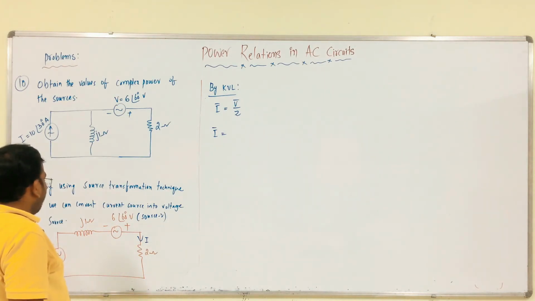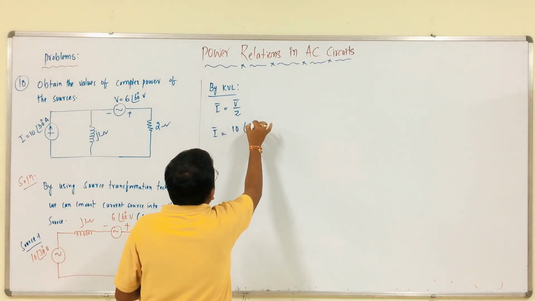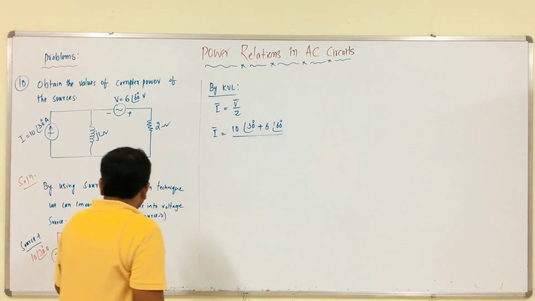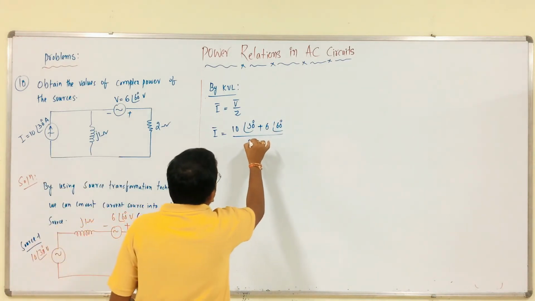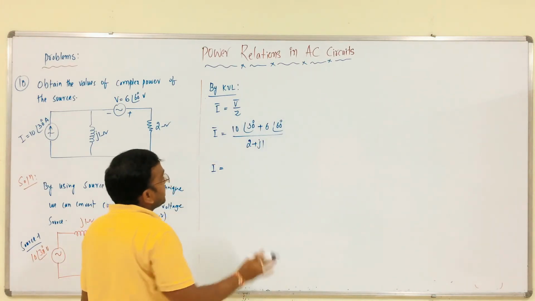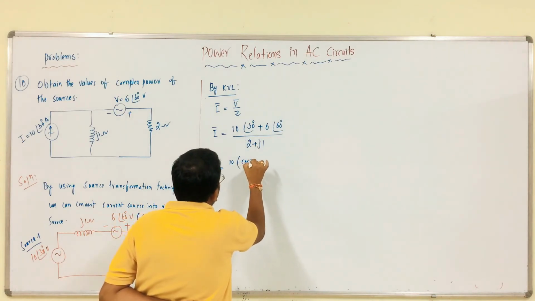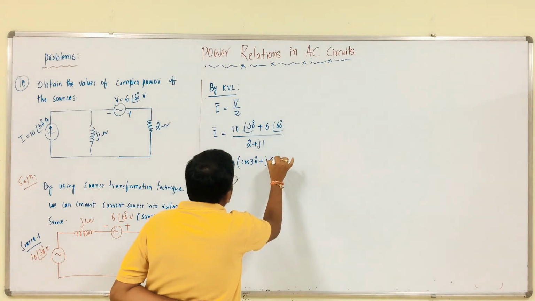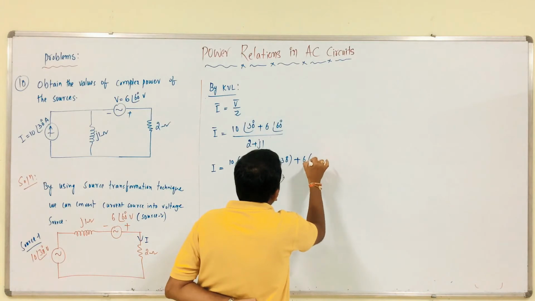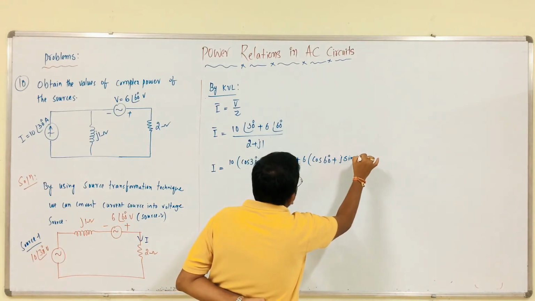So, 10 at an angle 30 plus 6 at an angle 60, divided by the impedance. What is the impedance? 2 plus J1, right? 2 plus J1 only. You can calculate by using the calculator, or you can calculate like this: 10 into cos 30 degrees plus J sin 30 degrees, plus 6 into cos 60 plus J sin 60, by